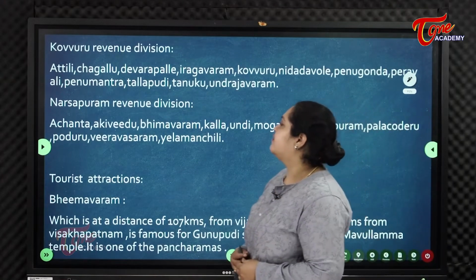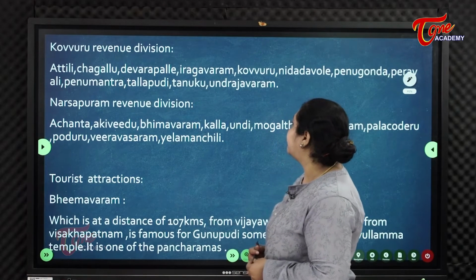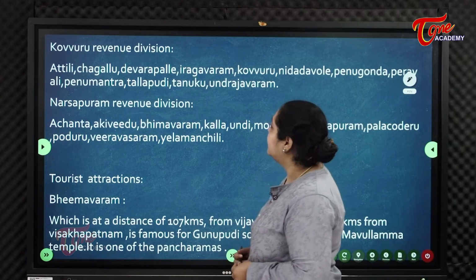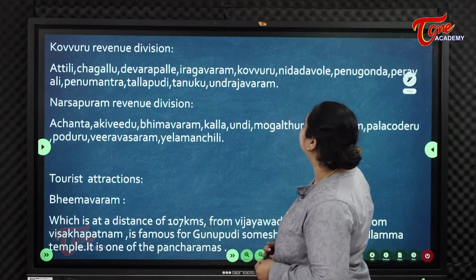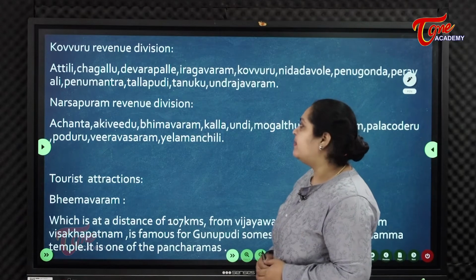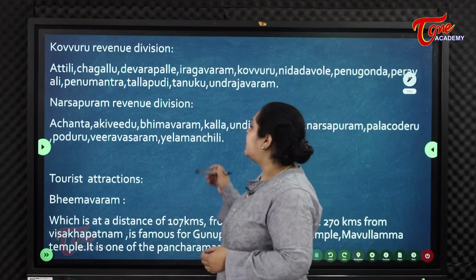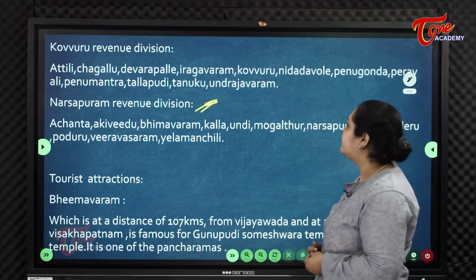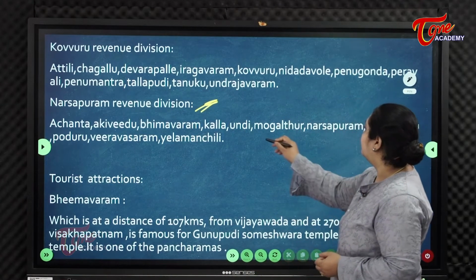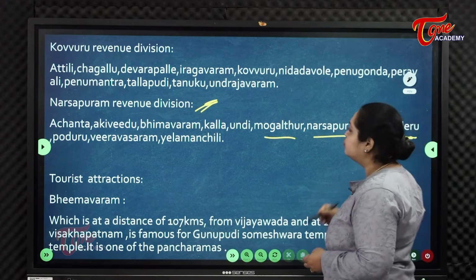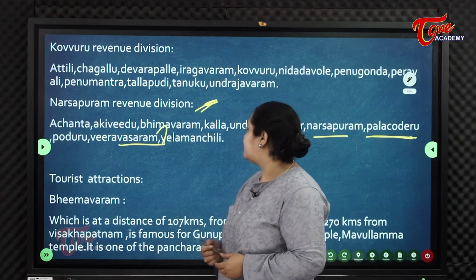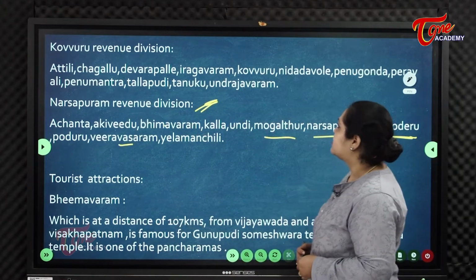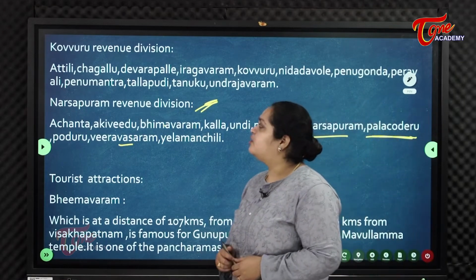Next, Kovvuru revenue division: Attili, Chagallu, Devrapalli, Iragavaram, Kovvuru, Nedavolu, Penugonda, Peravali, Penumantra, Tallapudi, Tanuku, Undrajavaram. They come under Kovvuru revenue division. And the last, 4th division is Narsapuram revenue division: Achanta, Akividu, Bhimavaram, Kalla, Undi, Mogaltur, Narsapur, Palakoduru, Poduru, Veeravasaram and Elamanchili. So these are the revenue divisions of